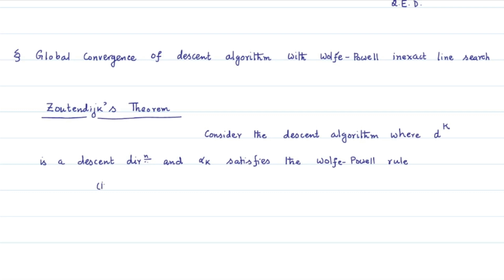The first condition in the Wolfe-Powell rule is the Armijo condition,